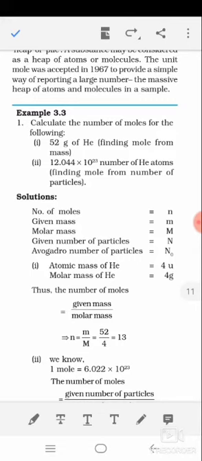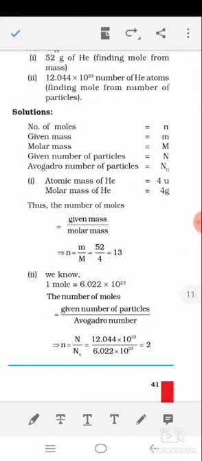12.044 into 10 raised to 23 number of helium atoms. Find the number of moles present. So how can you find the number of moles? If you have been provided the number of particles, please check the equation: given number of particles divided by Avogadro number. Same as in the case of mass. In the above section, given mass divided by molar mass. That is, given mass divided by gram atomic mass if the substance is an atom,